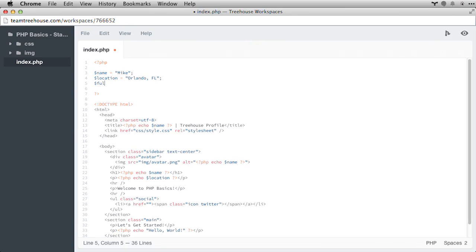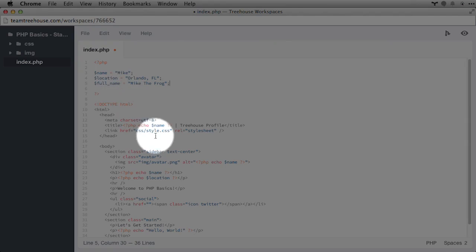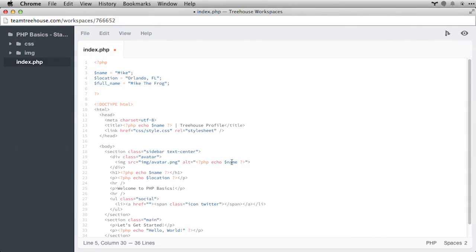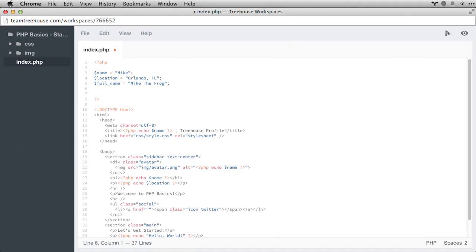Well, instead of cramming it all together, we want to use underscores like we saw in the video as a standard practice for a space. So full underscore name, and then we'll set that equal to another string, which is Mike the Frog. Close it with a semicolon. So now we could change it by going and copying full name here and replacing it everywhere that you would see name. So in this case, we'd replace name here, we'd replace name here, and also here in the alt tag. But since we have order of operation working for us, we could simply reassign the variable